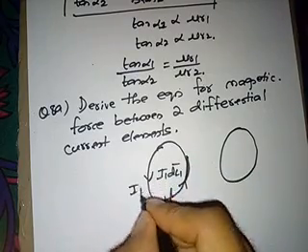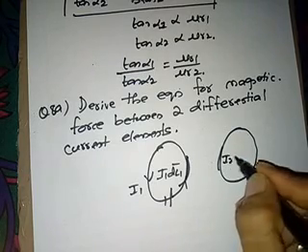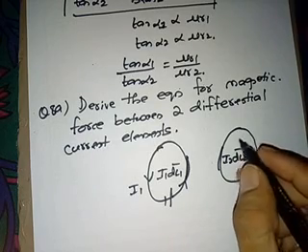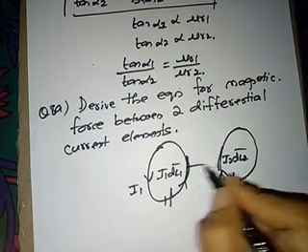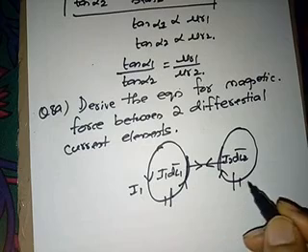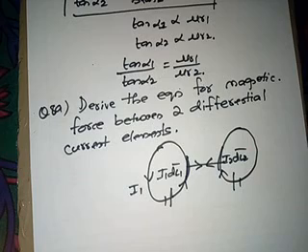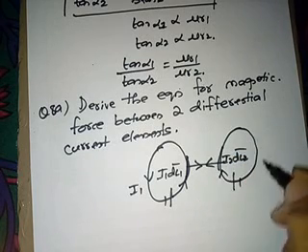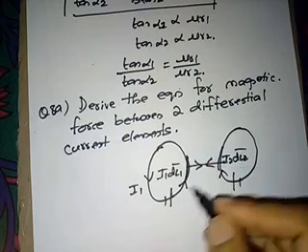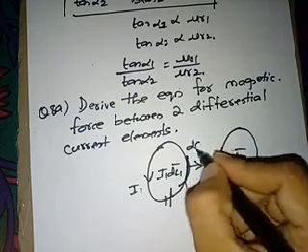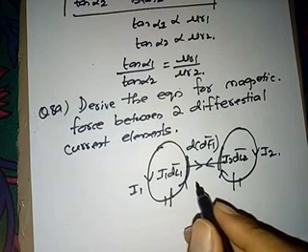So this is I1, then here it is I2 dl2 bar. It is also flowing from positive to negative. As they are flowing in the same direction, there is an attractive force between these two. I1 dl1 bar is one element, I2 dl2 bar is another element. Then the force exerted by the magnetic field of I2 dl2 bar on the first current element I1 dl1 bar is d of dF1 bar.